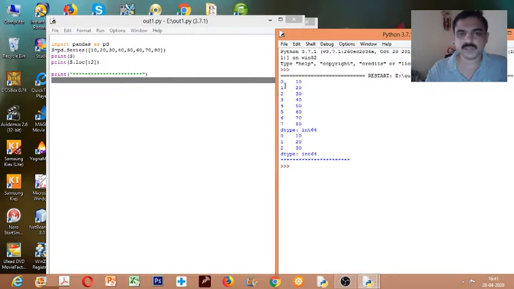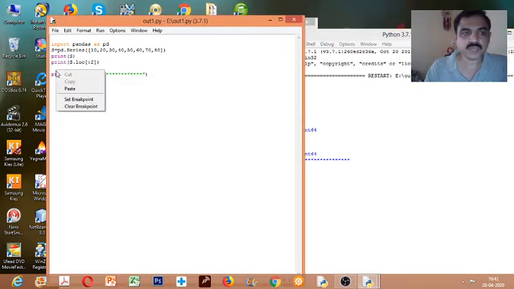So what happens is the series is displayed, that is 10, 20, 30, 40. All these series values are displayed with the index. That is the first part. Second part, s.loc[:2]. The first part is left blank, that means the starting index is left blank, then 2. Remember, in the other example previously we saw the upper limit was not included. Now in loc it includes the upper limit also. So rows 0, 1, 2, 3 are displayed, correct?